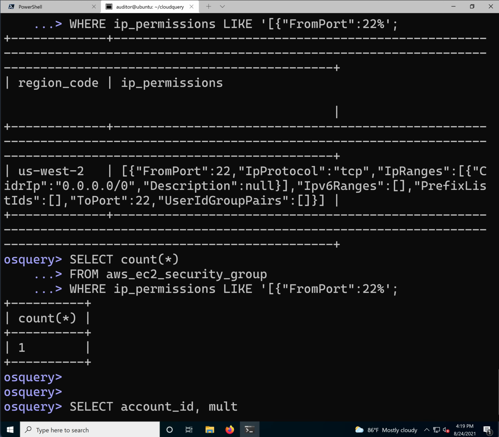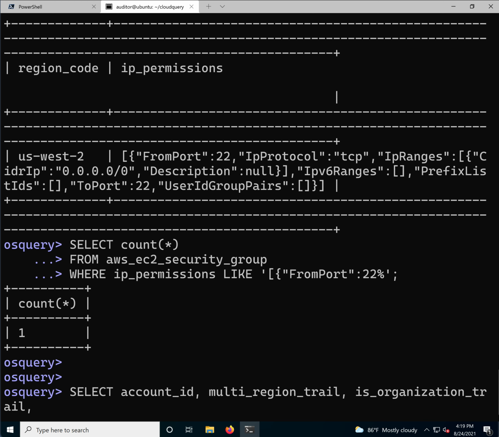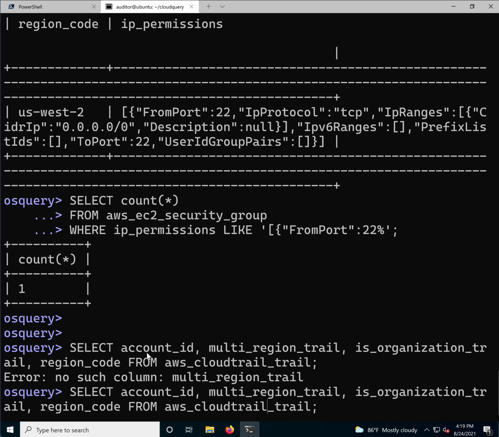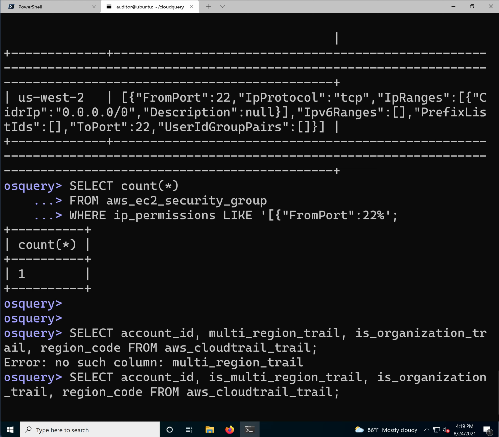So I'm going to explore the CloudTrail table. We're going to say, I want to know the account ID. I want to know, is it a multi-region trail? I want to know, is it an organization trail? And go ahead and tell me what region it is in. And then we're going to get that data from the AWS CloudTrail table. And what did I do wrong? Oh, I forgot the "is" in front of multi-region trail. Try that again. All right, this should go out and give me some good information about CloudTrail,